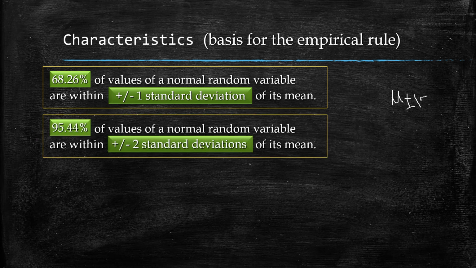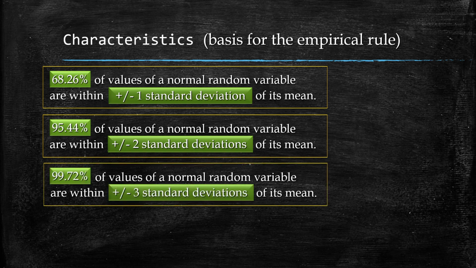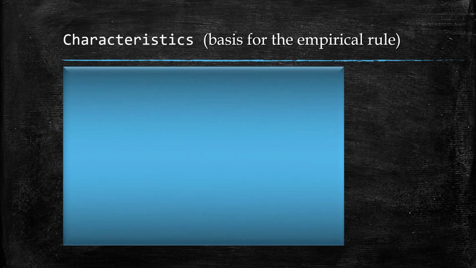95.44% of values of a normal random variable are within plus or minus 2 times standard deviation of its mean, and 99.72% of a normal random variable are within plus or minus 3 times standard deviation of its mean, which I can observe from this graph, that is